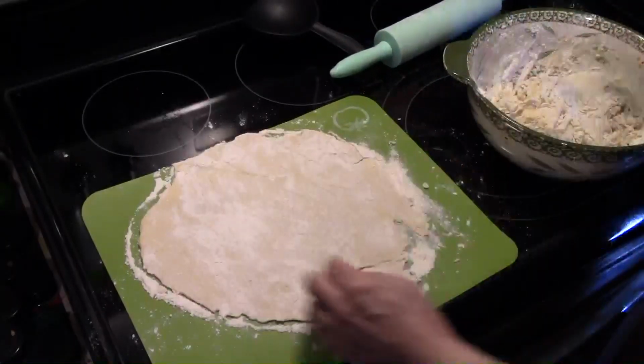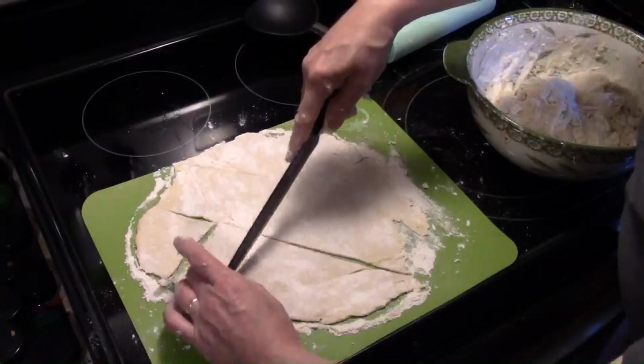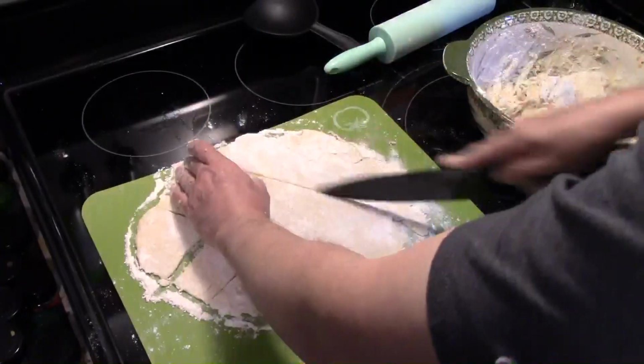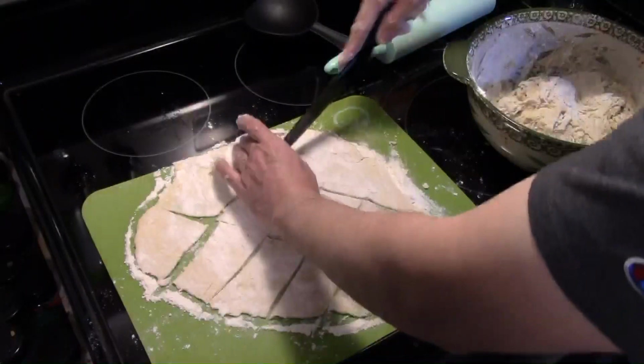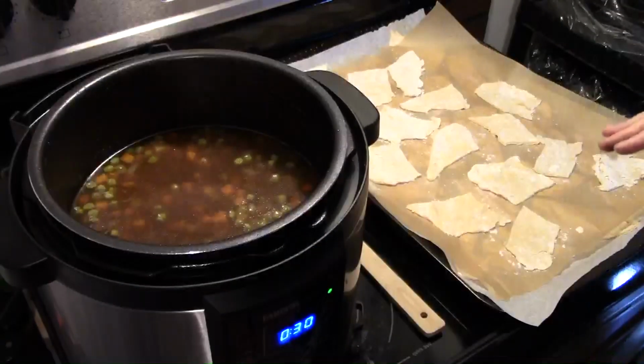Okay, that's looking good. I'm going to take a knife and I'm just going to cut these into little pot pie squares. Now I have a cookie sheet over here with some parchment paper on it. I'm going to transfer my pot pie dough over to it and keep making pot pie dough until I get a decent amount. Alright, now that my 10 minutes are up and I did a quick release of the pressure,